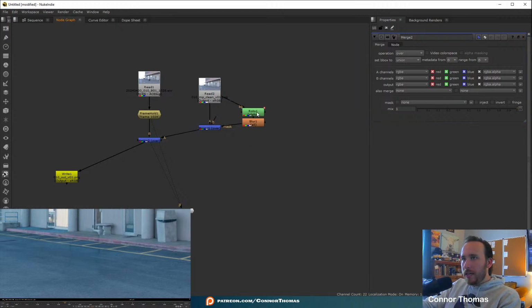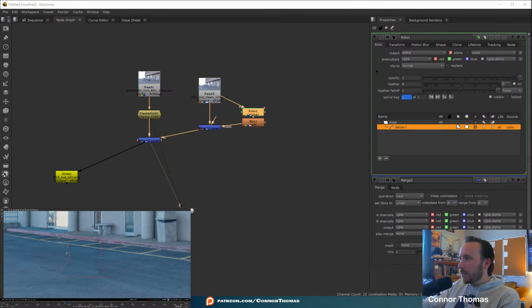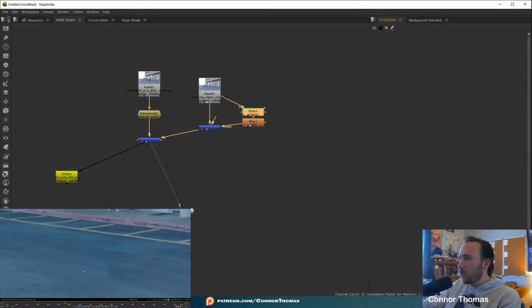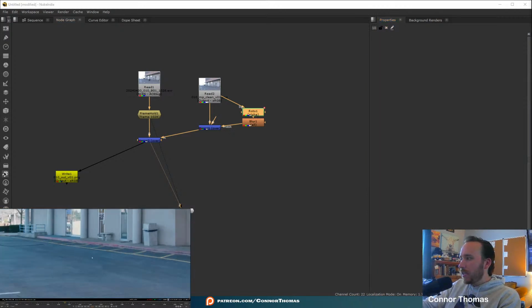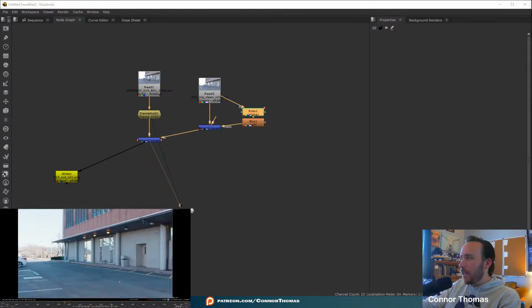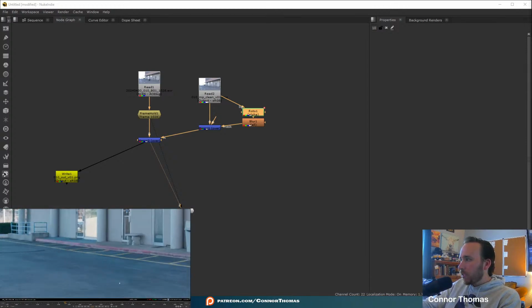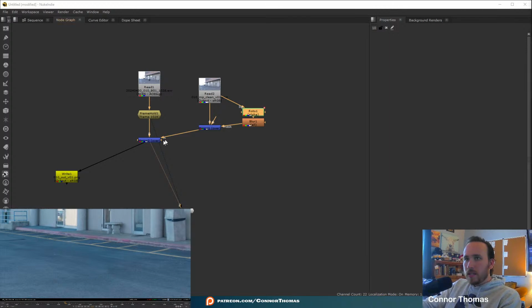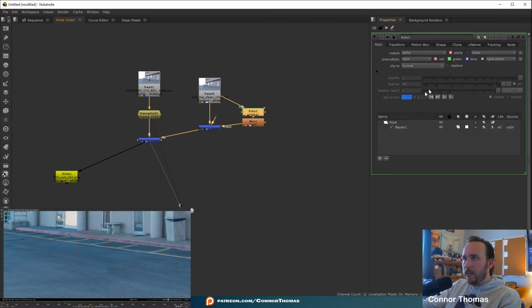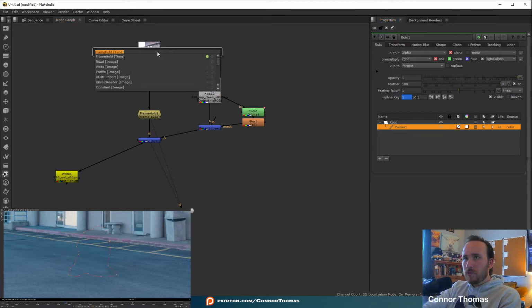So yeah, now we just need to take this roto that we did here, and I want to feather it outwards. There we go. Now my only concern that I'm going to have actually is that the photo that we did, I'm thinking that's probably fine. Let's just feather it all the way out. I want the original